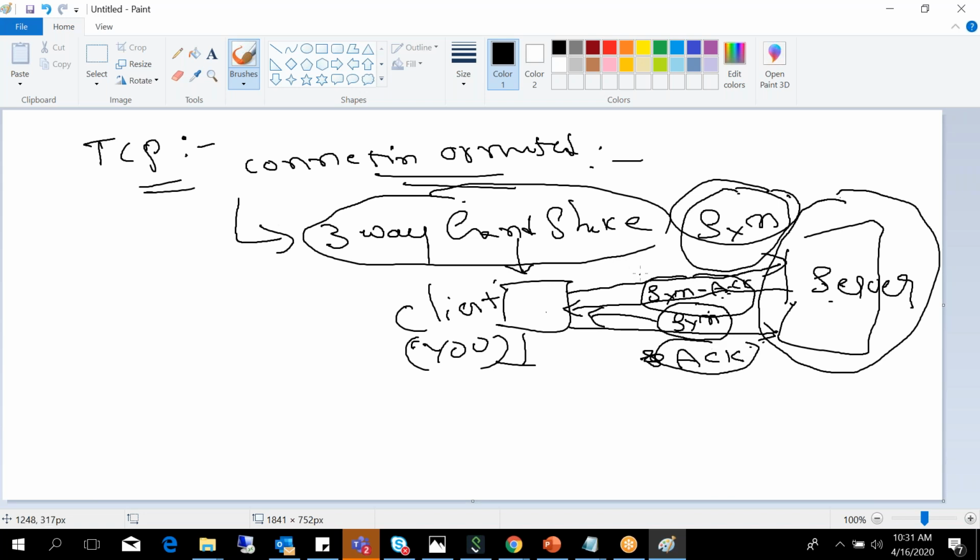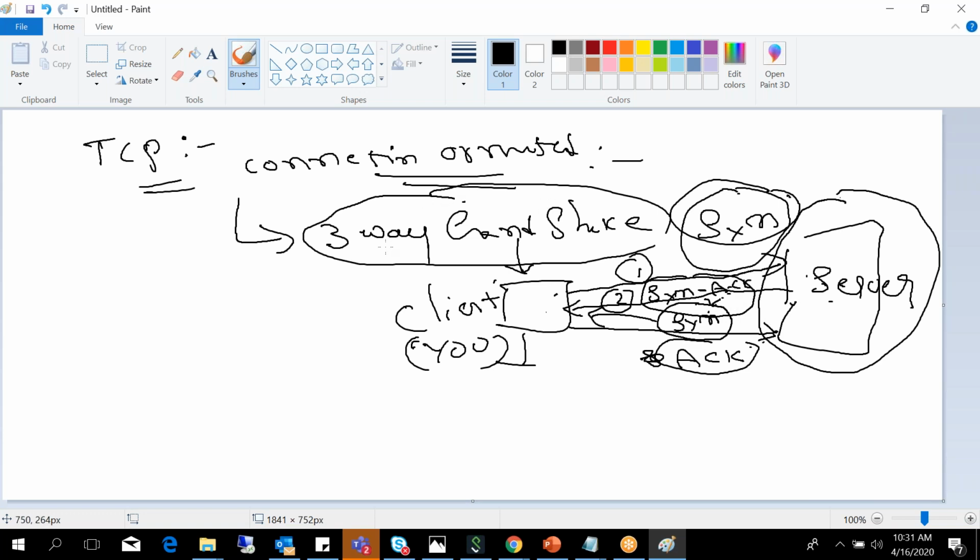Okay. So the first request will be from the client. The client will send the synchronization packet to the server. The server will reply to the client with the SYN-ACK along with the server's synchronization packet. Then the client will reply to the server with an acknowledgement of the server's synchronization packet. It's like an acknowledgement for every synchronization packet.